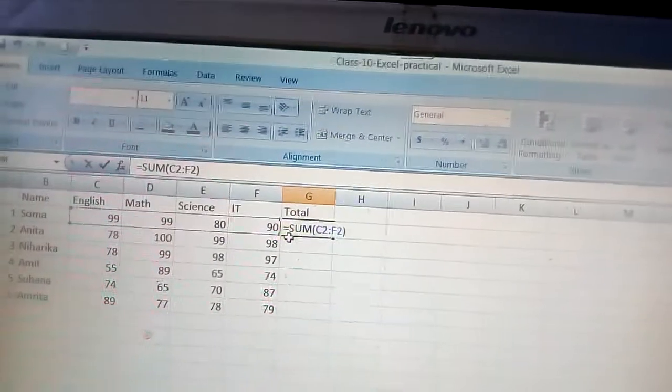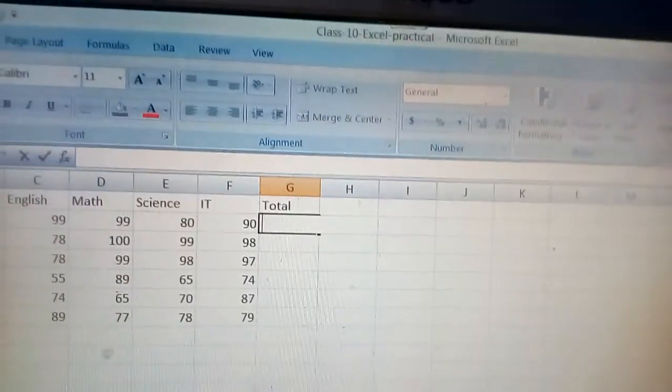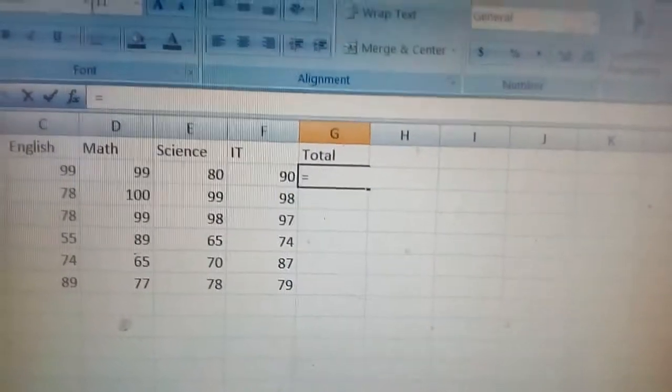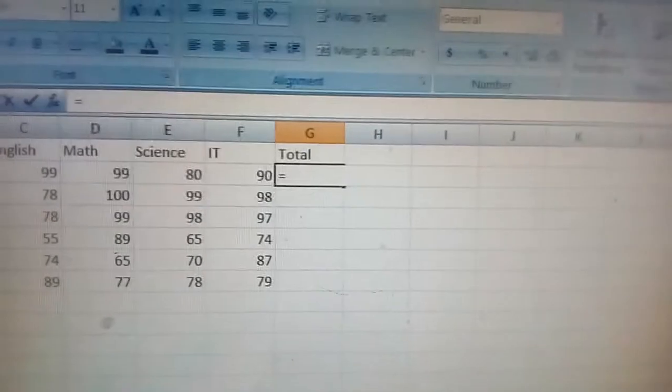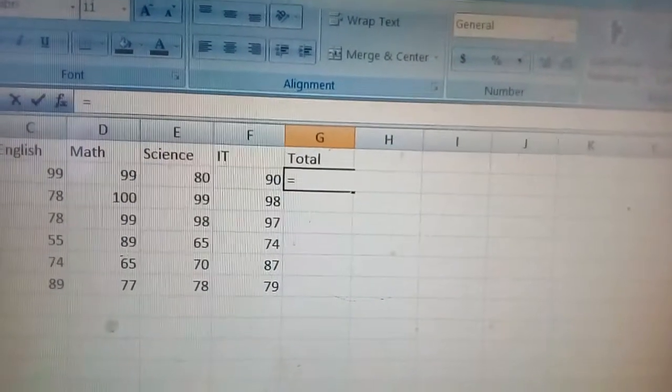You have to use the sum function. When you write any function, you have to start with the equal to sign in a spreadsheet. So first you have to write equal to sign and then the function name. This is the syntax, or you can say formula.